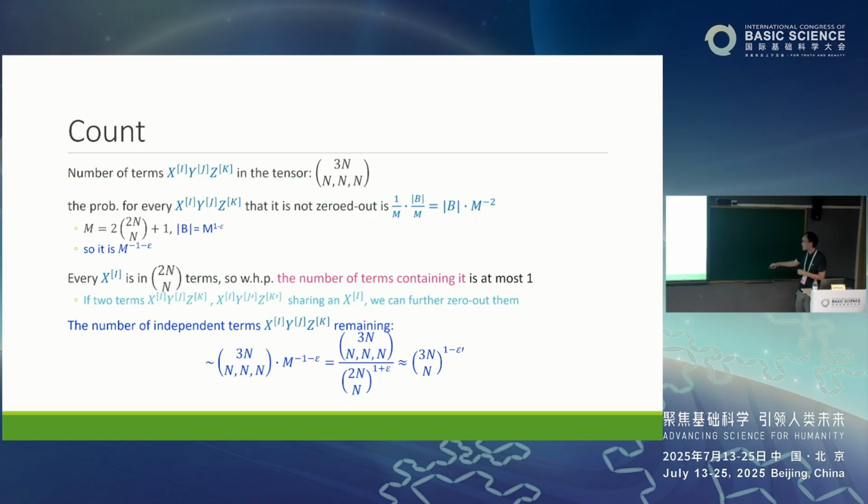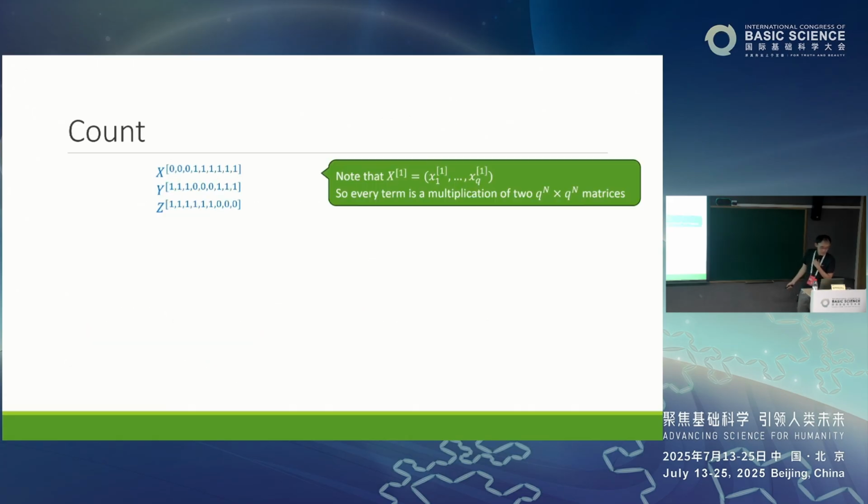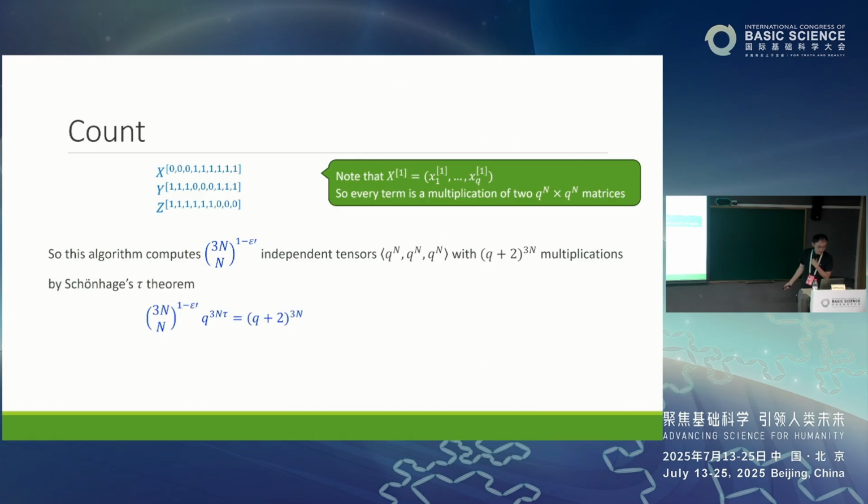That is, we can get this number of independent terms. By the Schoenhage tau theorem, we can compute this number of independent q to the n times q to the n tensors with q plus 2 to the 3n multiplications. Then by the Schoenhage tau theorem,